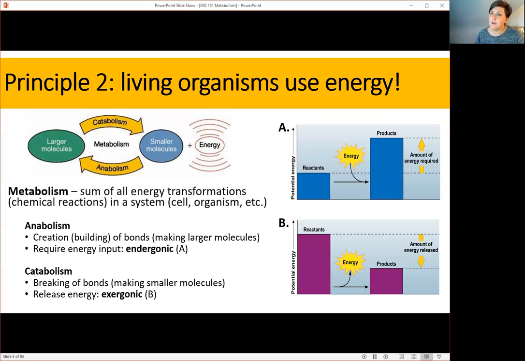Therefore, we can broadly characterize all metabolic reactions into two types. First, reactions that store electrons in chemical bonds and therefore build bonds between molecules, using small molecules to generate bigger ones. These types of reactions are called anabolic reactions. These require energy input because, well, you have to have money to put it in the bank in order to store it. Energy has to be put into these reactions because these reactions are involved in storage of energy in